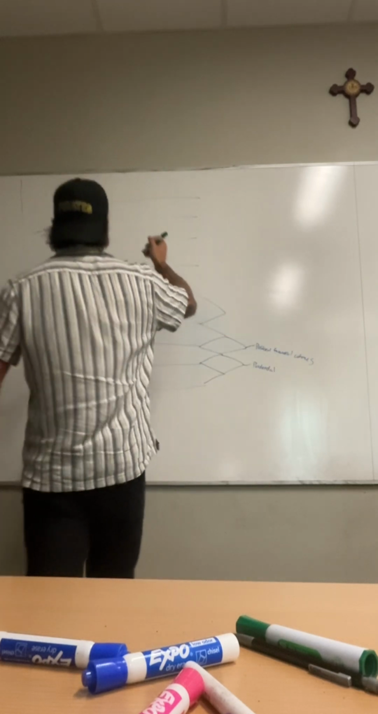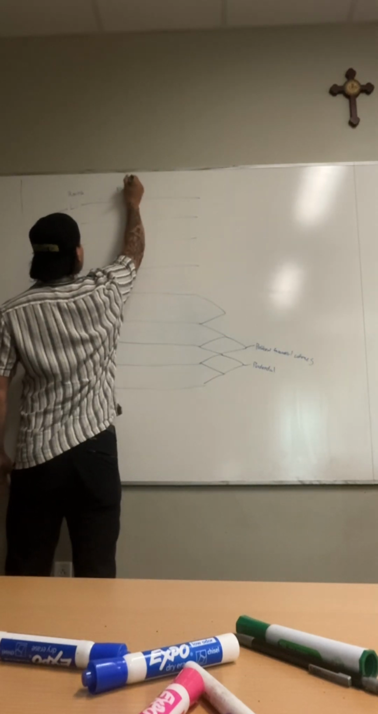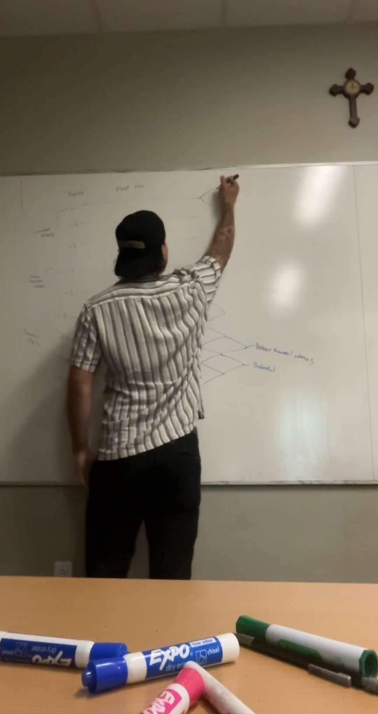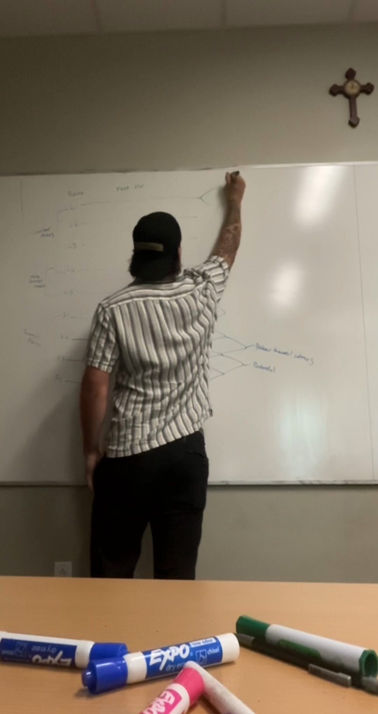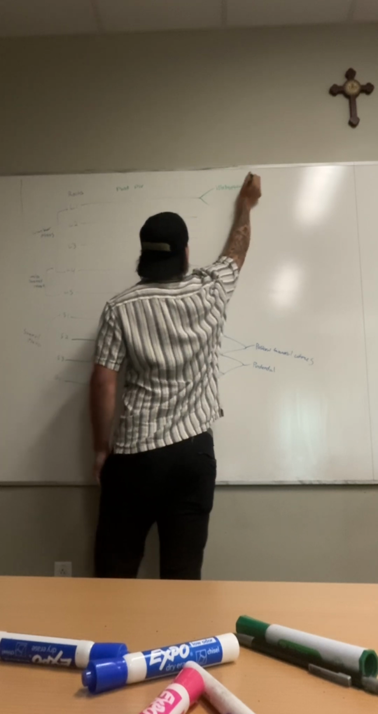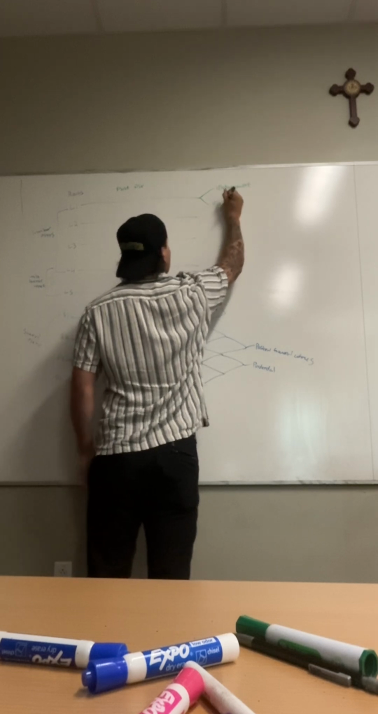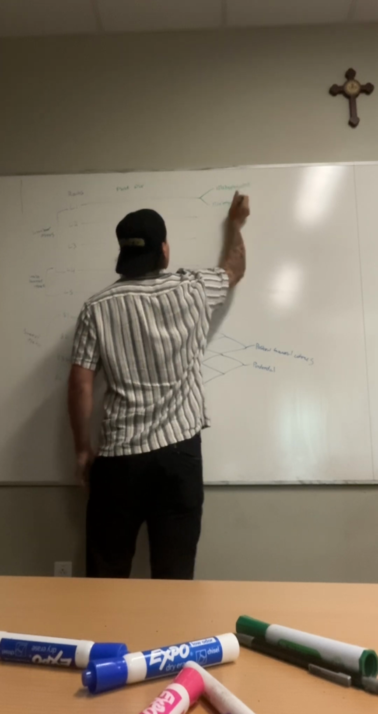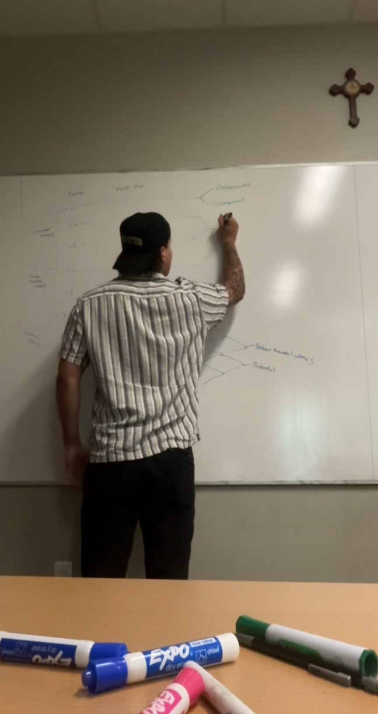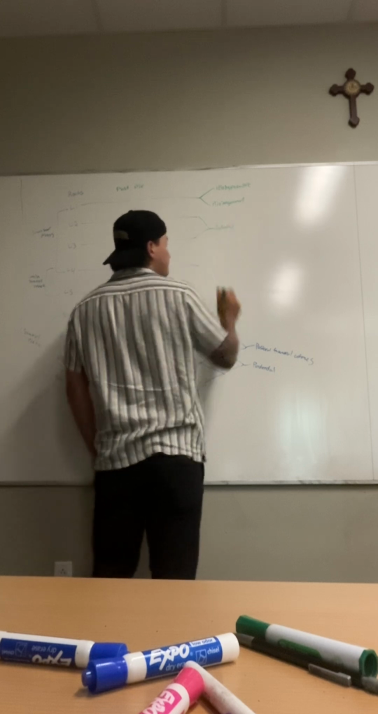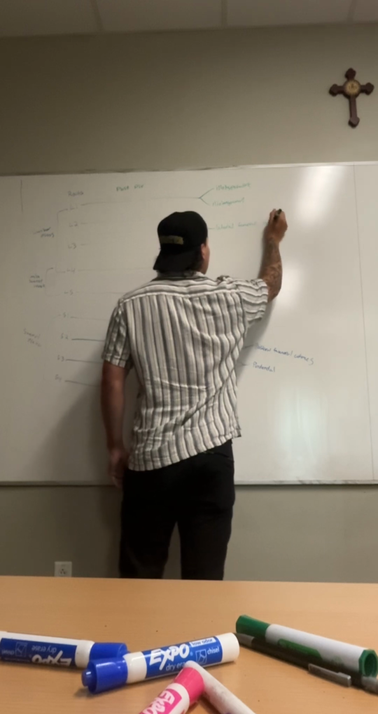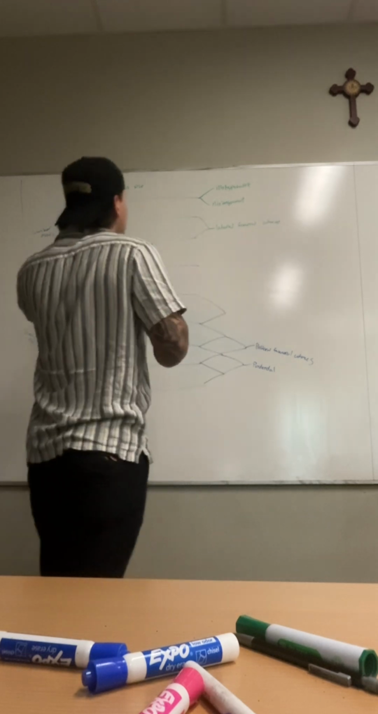Posterior division. It's going to be in green. Starting off at L1 splits off into two. We got the iliohypogastric and then ilioinguinal. And then L2 and L3 come together to make your lateral femoral cutaneous. And then